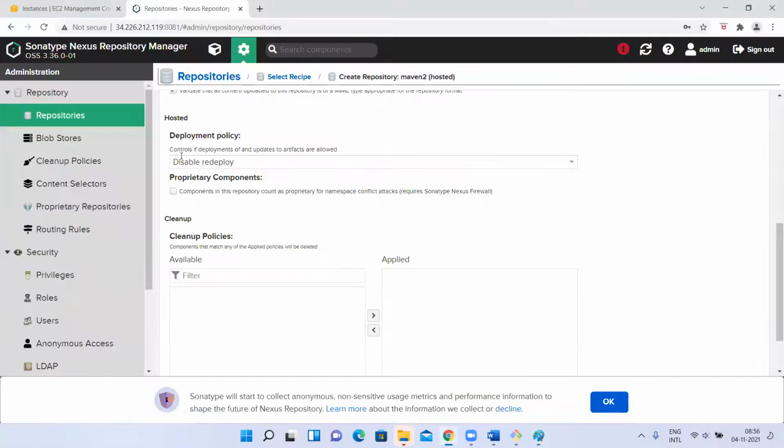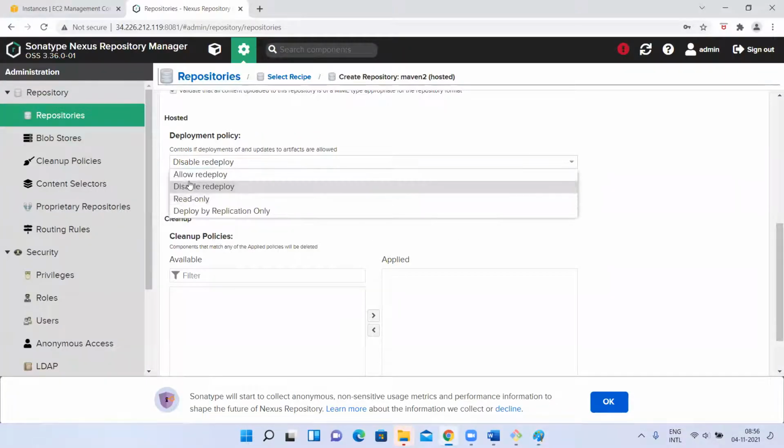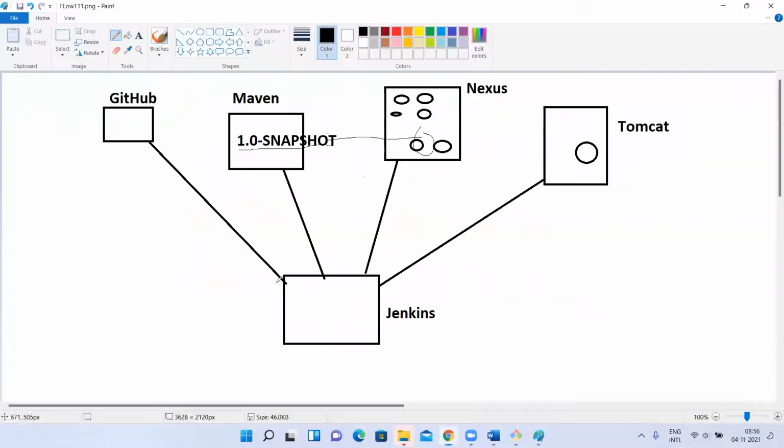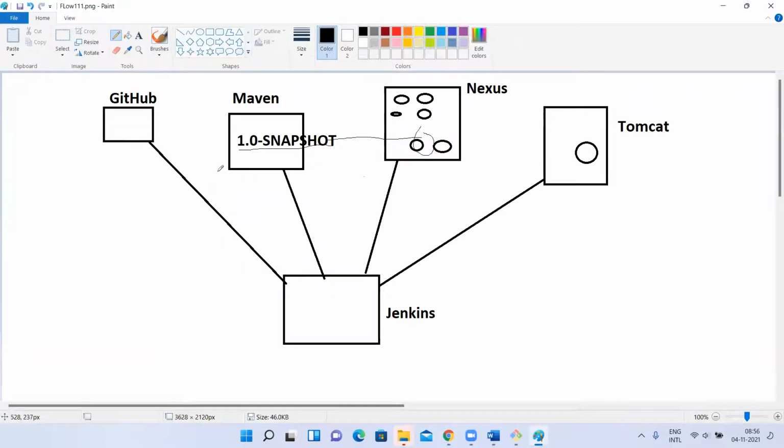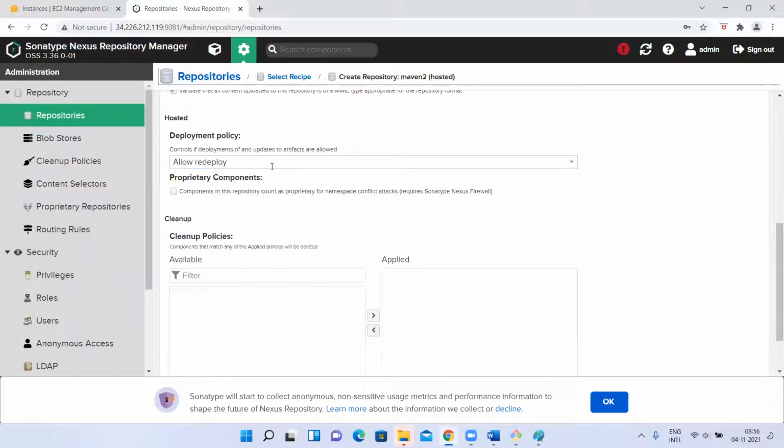But if you say allow redeploy, and you try to upload one more WAR file with the same name, yes, it will replace that. It will remove the old one and put the new one here. So it will allow replacing, right? Allow redeploy, yes, we can do it based on our project requirement. If we don't want to allow the same version to be overridden, then you can disable that. If you want to allow it, okay, allow redeploy.